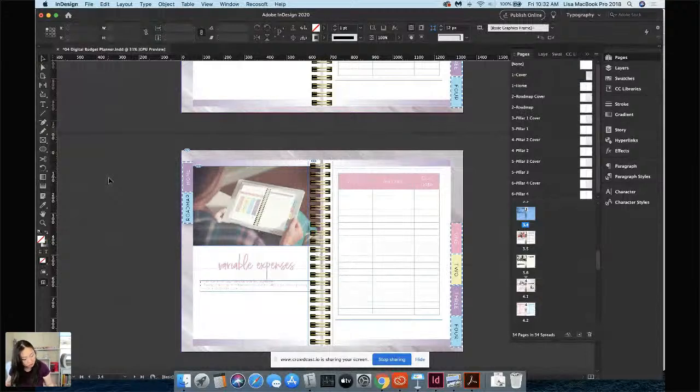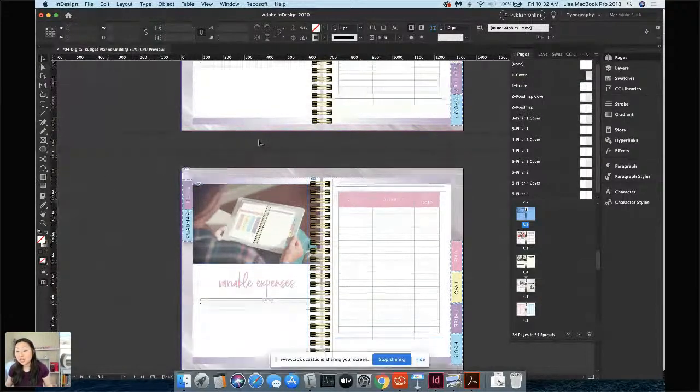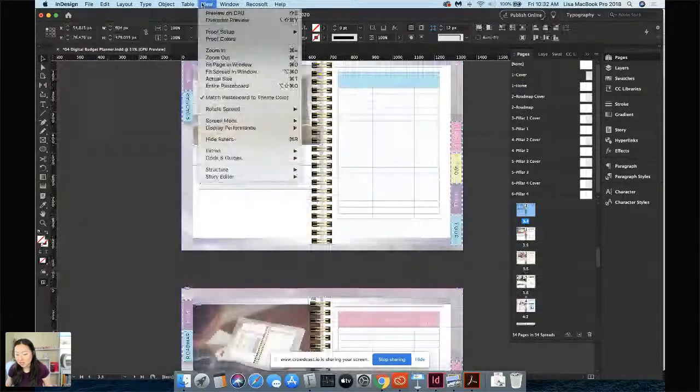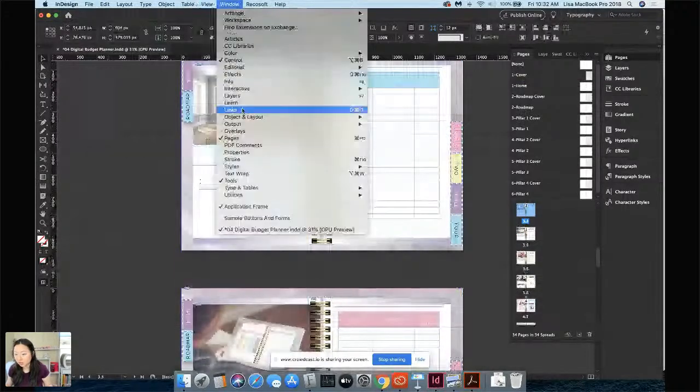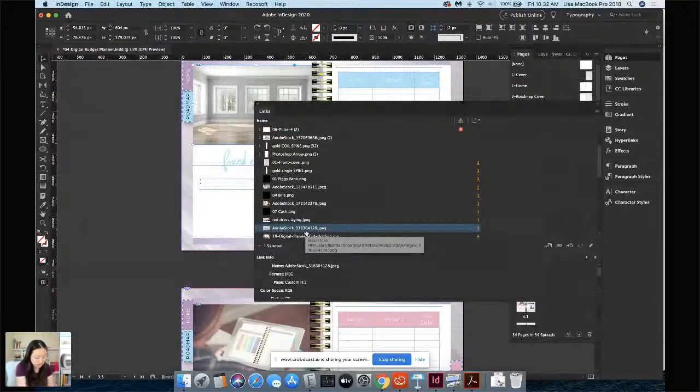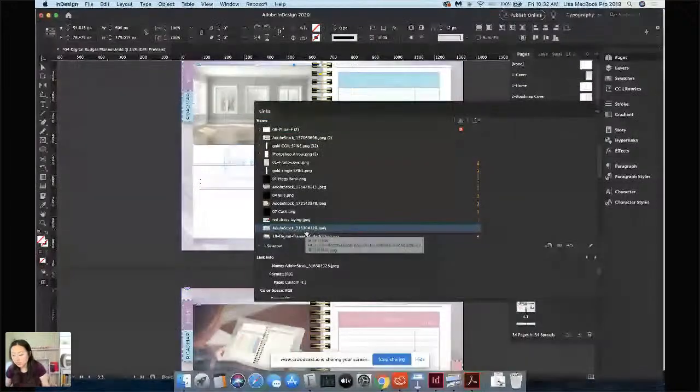So also I put some keywords down here, budget, finance, those are the images I used. If you want to know the exact images that I use, I believe you can still find them if you go to Window and you go to Links. If you go to Window and you go to Links, it'll tell you Adobe, whatever the number is. And if you take that number, so if I take 316304128 and I go to Adobe Stock